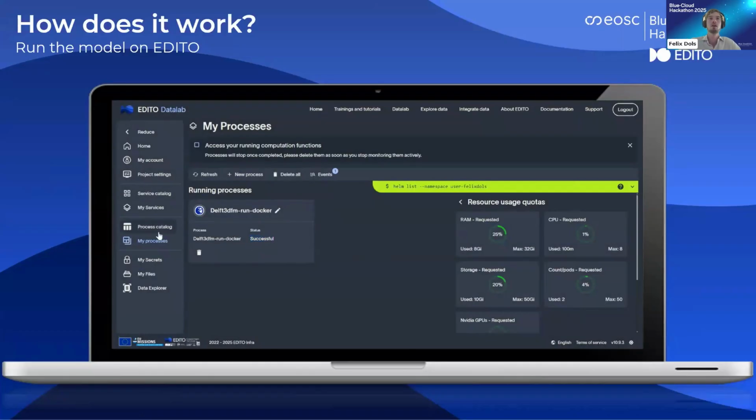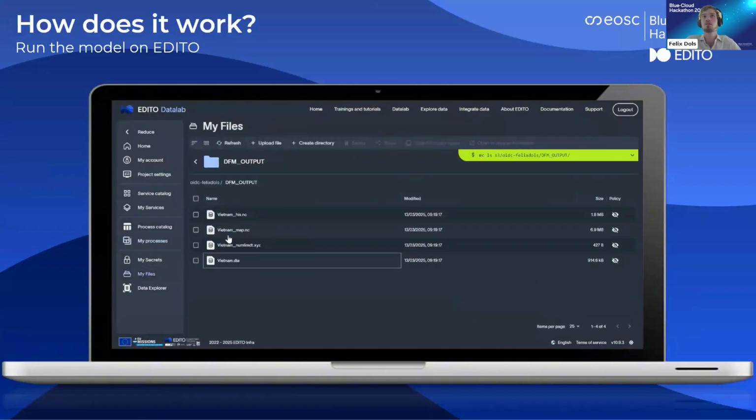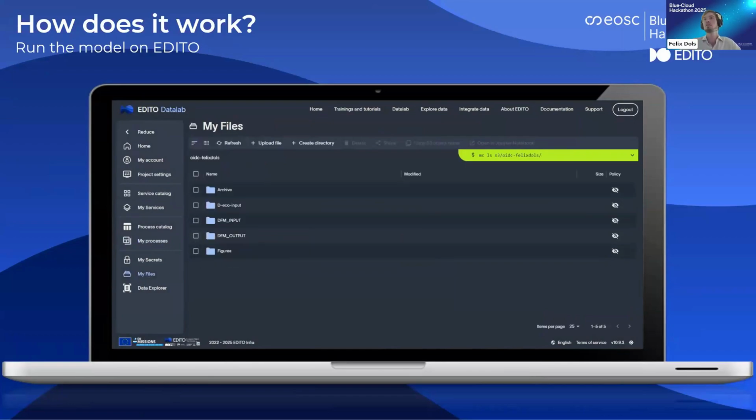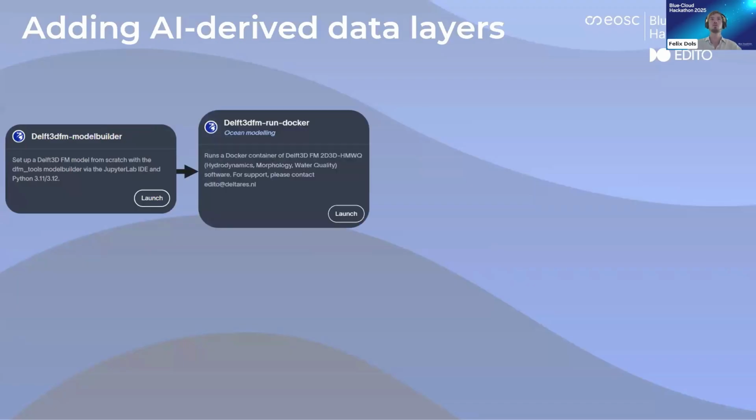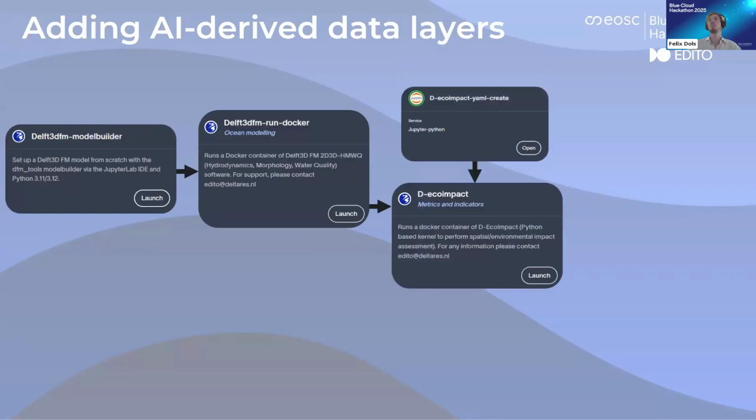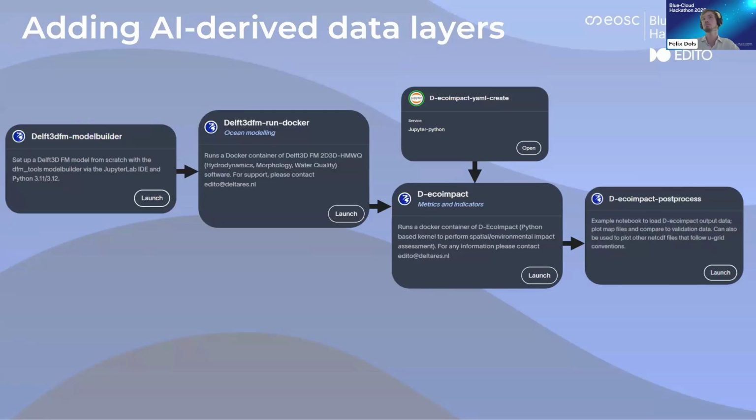We fast forward a couple of minutes, and then our run was successful. We get some outputs, and in the map file, there are spatial data for this area of Vietnam that we decided we wanted. We wanted a modular workflow, so you can use parts of it. And so we build a model, then we run a hydrodynamic model to create spatial data. And the next step would be to define the ecological knowledge rules, and we have a service for that as well. And then to run a post-processing tool and to create these habitat suitability maps. And then we have a